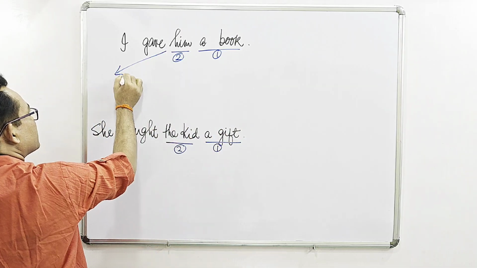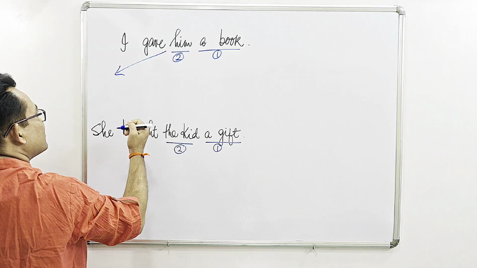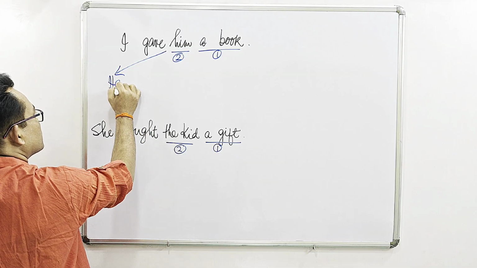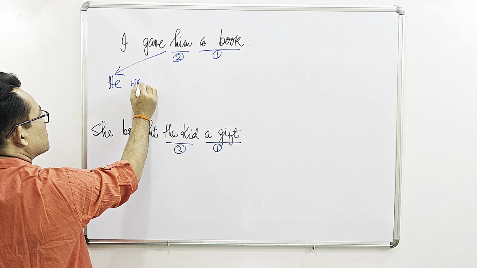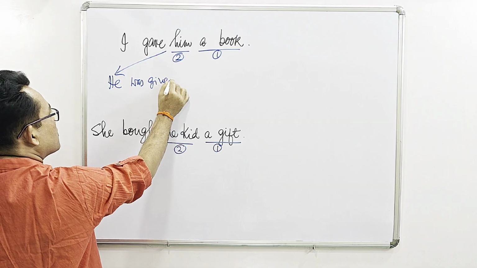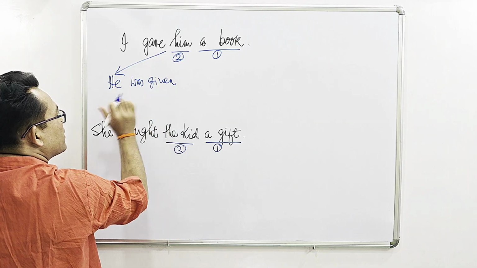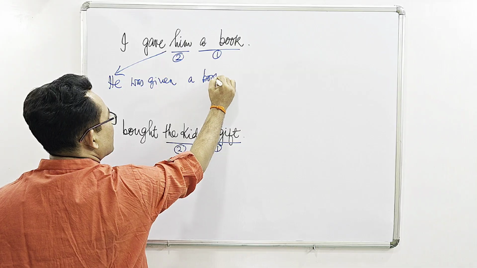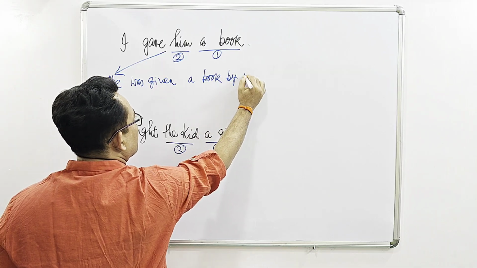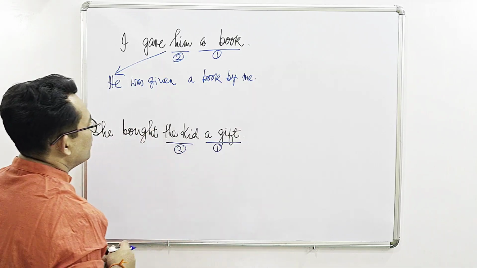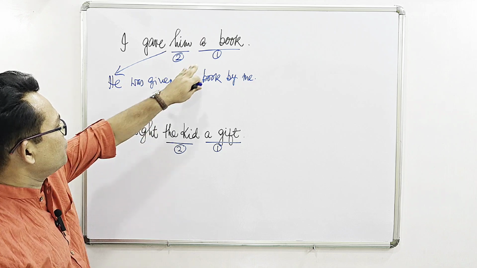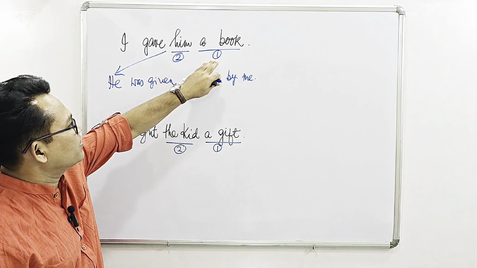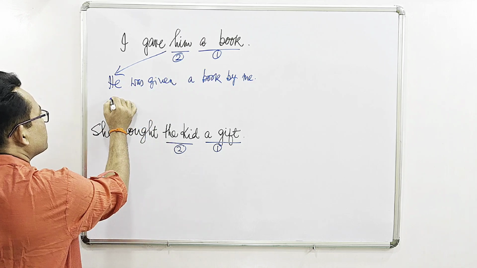So if we take the secondary object first, he, according to the verb, was given, then the primary object should be kept as it is and then by me. All right. And if we take or put the primary object first,